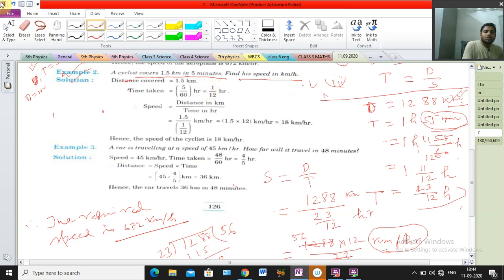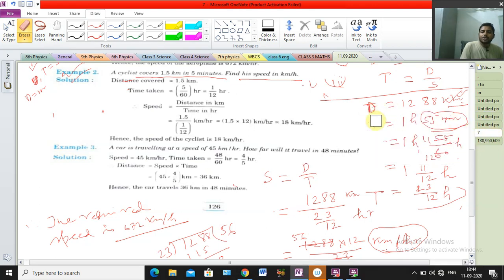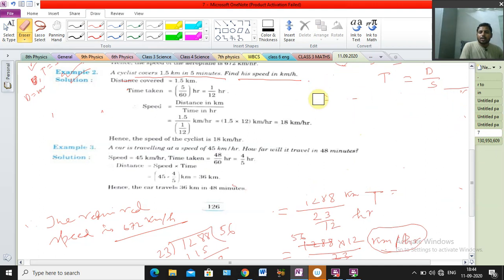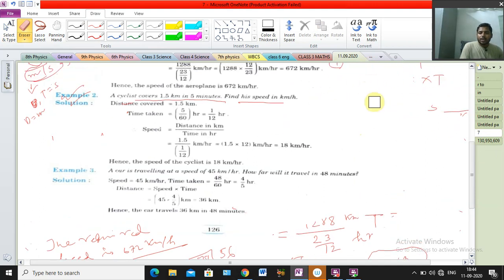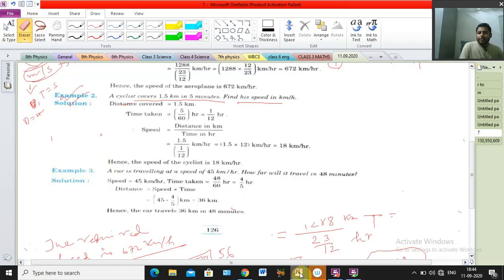At first read the question and try to understand its meaning. What is the given data, and units are also important. Sometimes units are not the same, so we have to change the units, otherwise your answer will be wrong. So please read the question properly and first write whatever data are given. Here the answer is asked in km per hour.